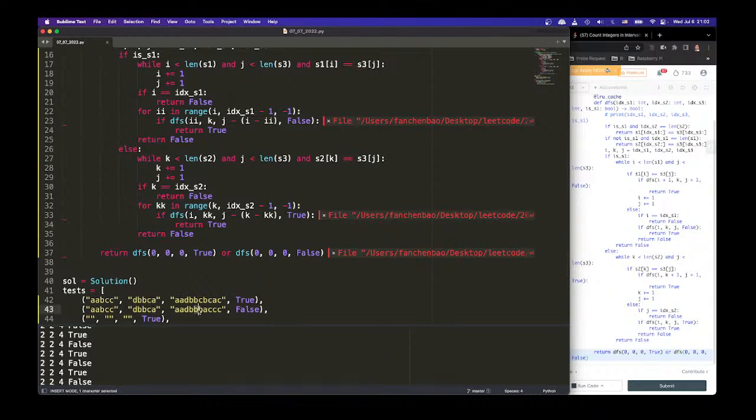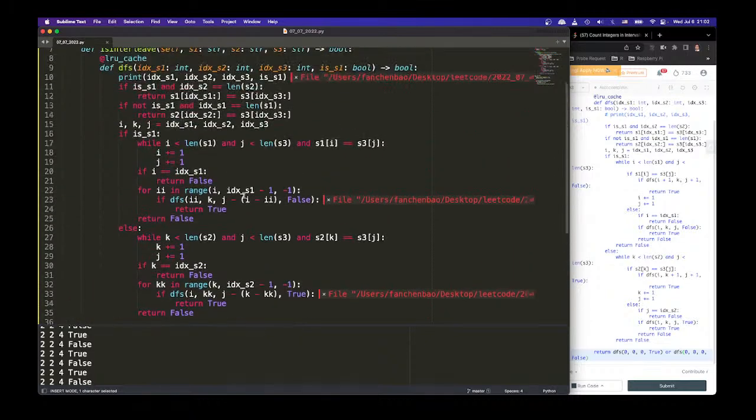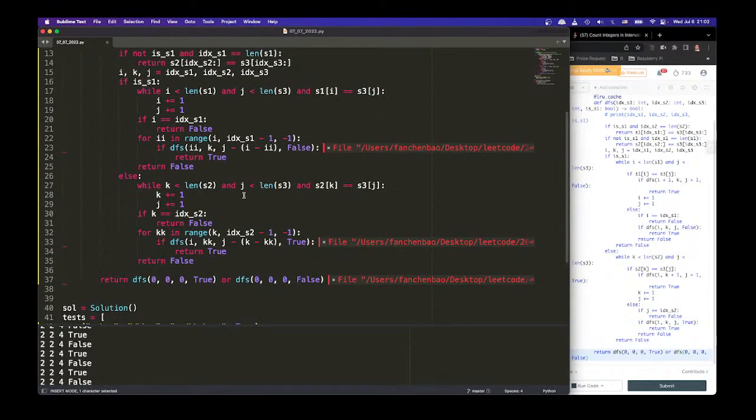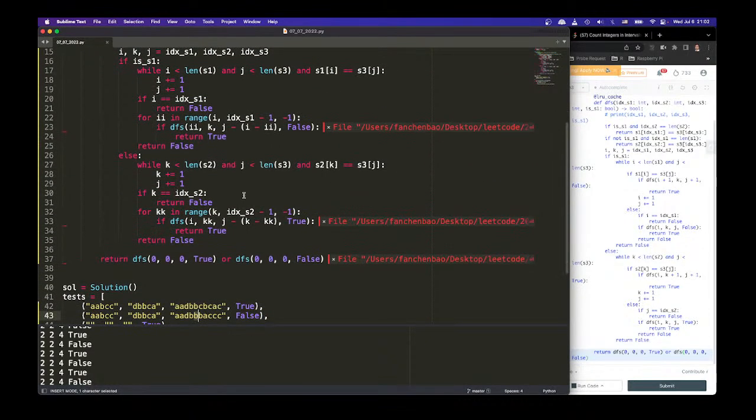We're adding this B. 0, 1, 2, 0, 1, 2. Oh, they're both. Wait. So input is 2, 2. Let's say 2 to 4, and is a true. Okay. So these are good, so they move forward, and then